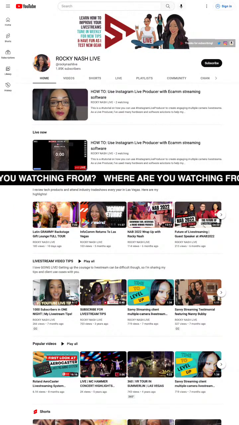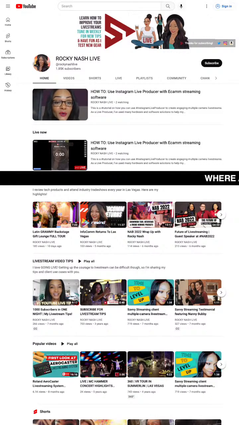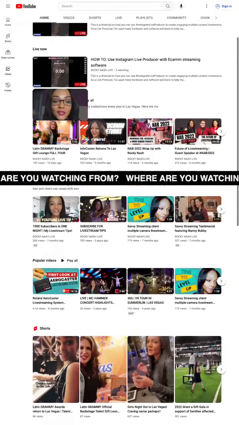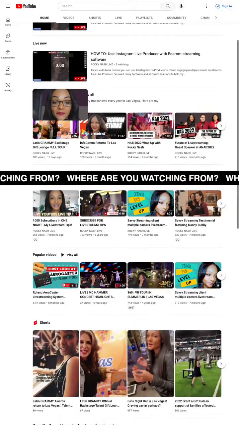So, third-party software to go live to Instagram using Instagram Live Producer. Really cool feature. We saw that you can have a second camera, that you can do screen shares, and now here's a widget. And also, a great point about the widget is that you can interact with Ecamm. You can interact with websites. Look, my face is going to scroll with it, but you can see that I'm live on Instagram right now